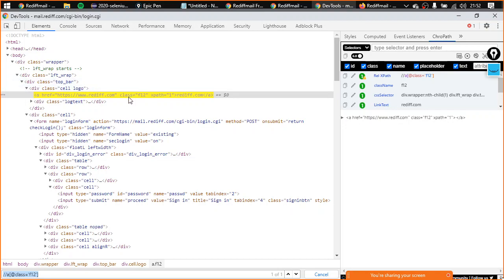What if this class F12 was not available? I would have to look for the parent element of this particular element, right? So maybe I would have tried to access the cell logo or top bar or left wrap, right? I would have tried a few things with the help of which I would have been able to access this element, right? So the thing is, we cannot always rely on the XPaths generated by the tools and the browsers itself,